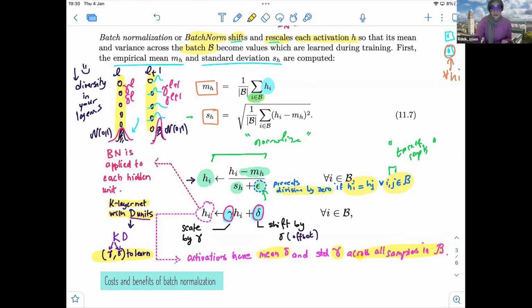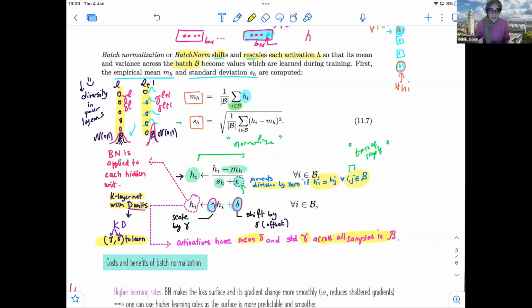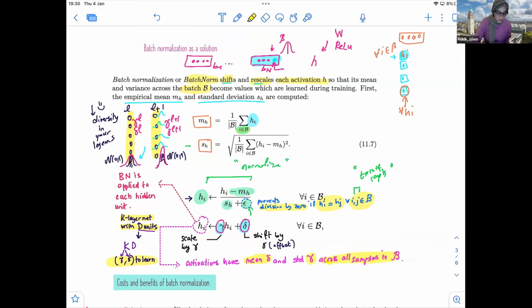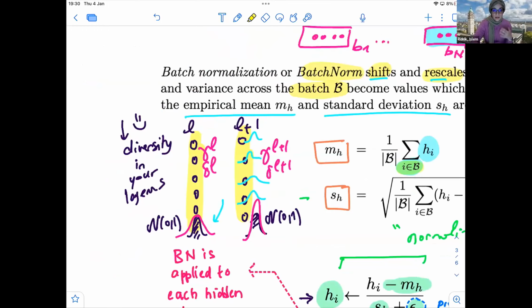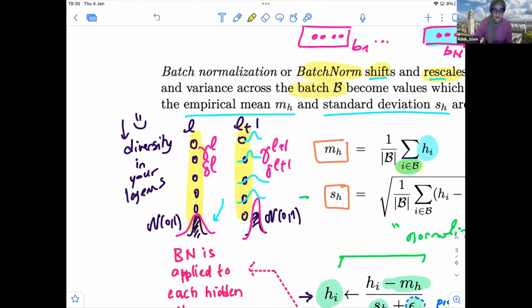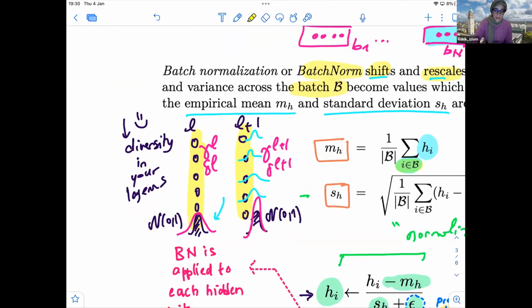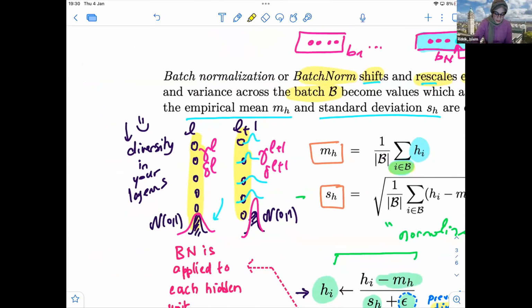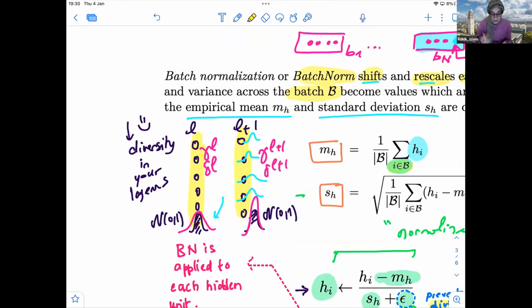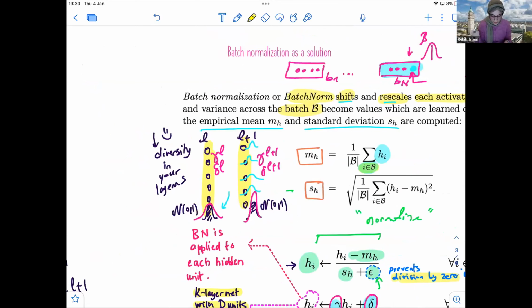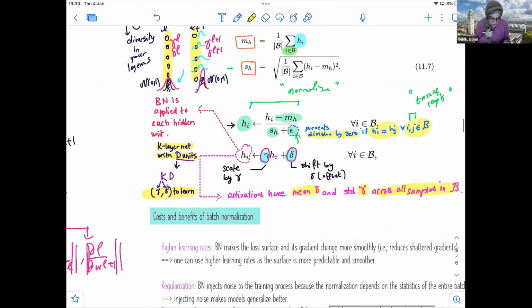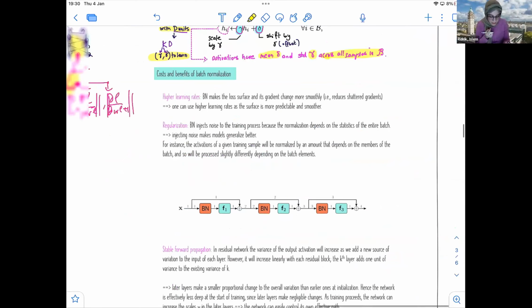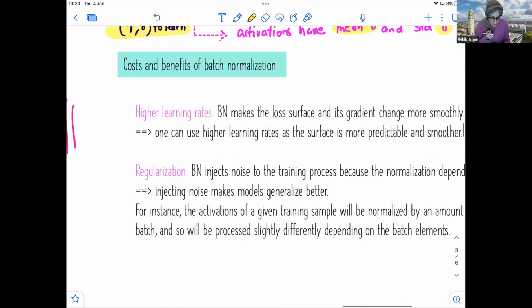So there is a lot that comes with batch normalization. It's not as simple as it seems. It's actually very powerful, and it plays with the statistics of the hidden unit distribution across the batch that we're training on in each iteration until we complete the full epoch. Okay, cool. So now let's summarize this. We're going to summarize some very nice points about batch normalization.